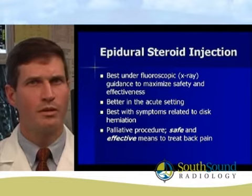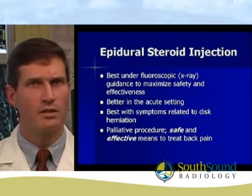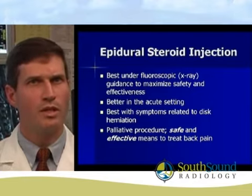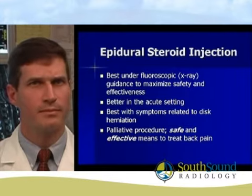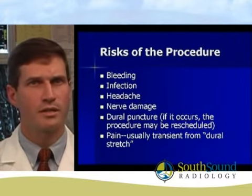You should be aware that it is not possible to predict, based on physical exam or imaging studies, which patient will benefit the most from this procedure. But we do know that it is more effective in the acute setting and best with symptoms related to a disc herniation. You should also understand that this is a so-called palliative procedure and it is not a cure for anatomic abnormalities. The procedure is very safe with very low risks, including but not limited to bleeding, infection, and nerve